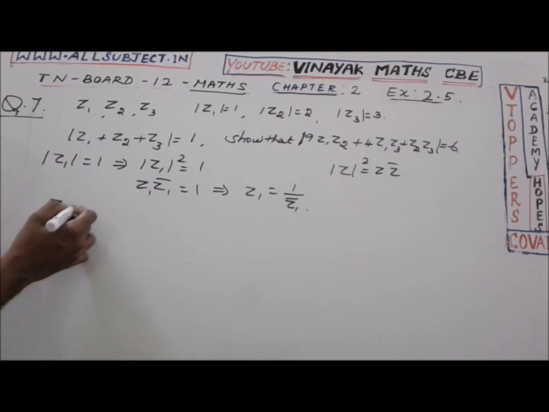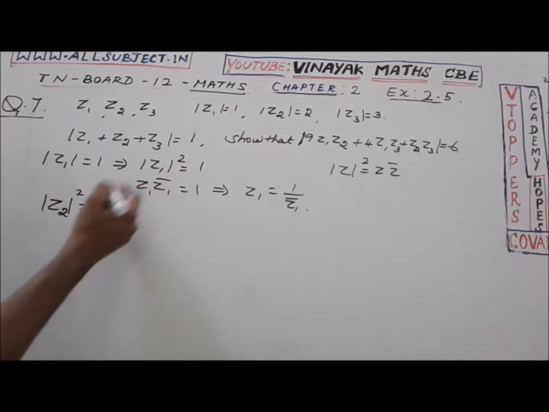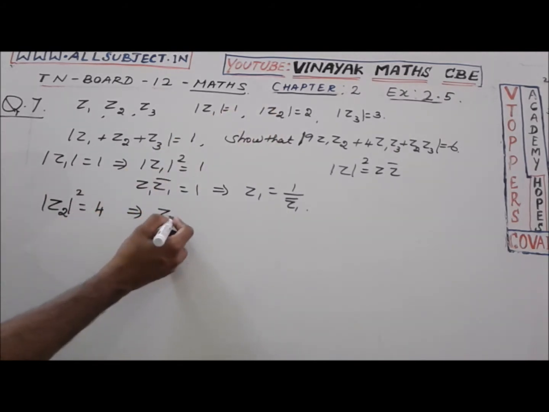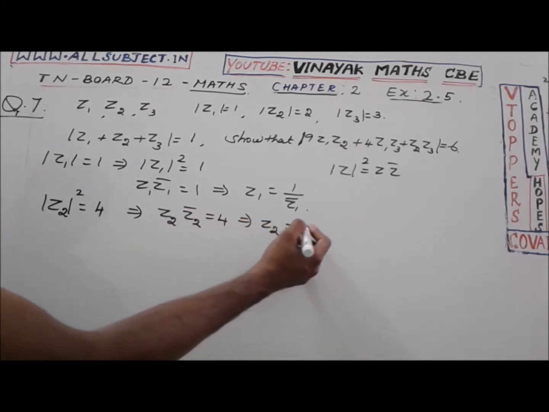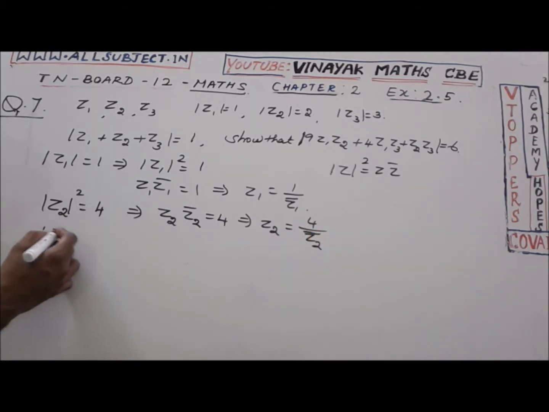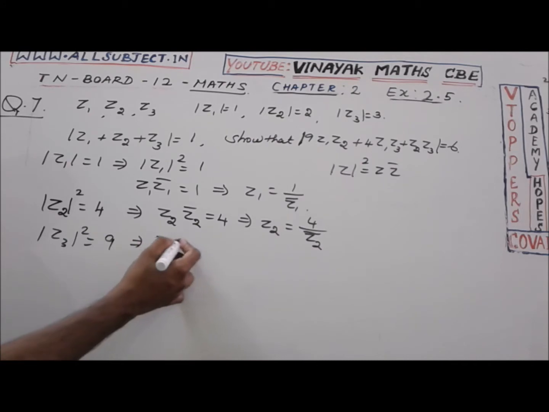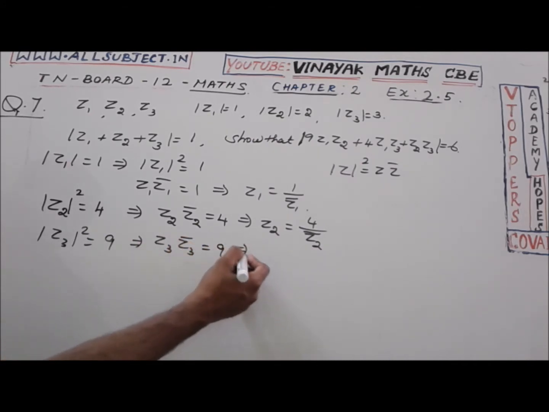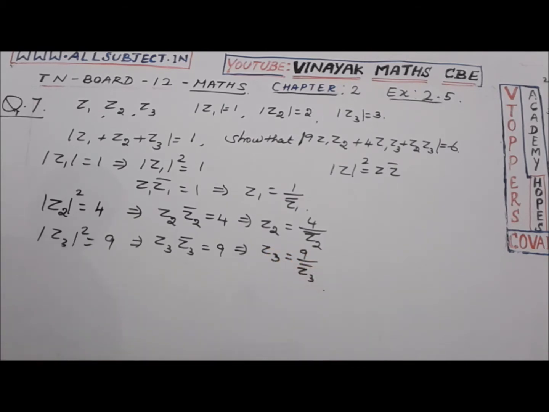Similarly, modulus of Z2 square equal to 4 implies Z2 Z2 bar equal to 4, which implies Z2 equal to 4 by Z2 bar. And similarly, modulus of Z3 square equal to 9 implies Z3 Z3 bar equal to 9, which implies Z3 equal to 9 by Z3 bar. So there are three results we derived, and we substitute these values